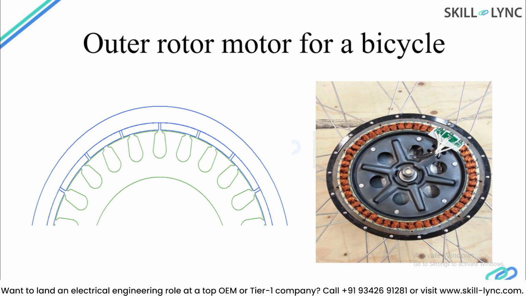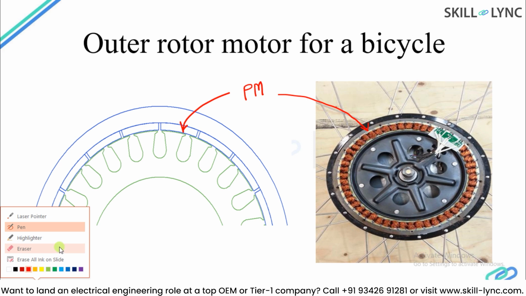So what you are able to see over here, these are the permanent magnets, and these permanent magnets are basically present on the periphery of the rotor. And here whatever you see in the white color or silver color, these are the segments of permanent magnets. So here are the permanent magnets, and here you have the stator, which is going to be fixed with the